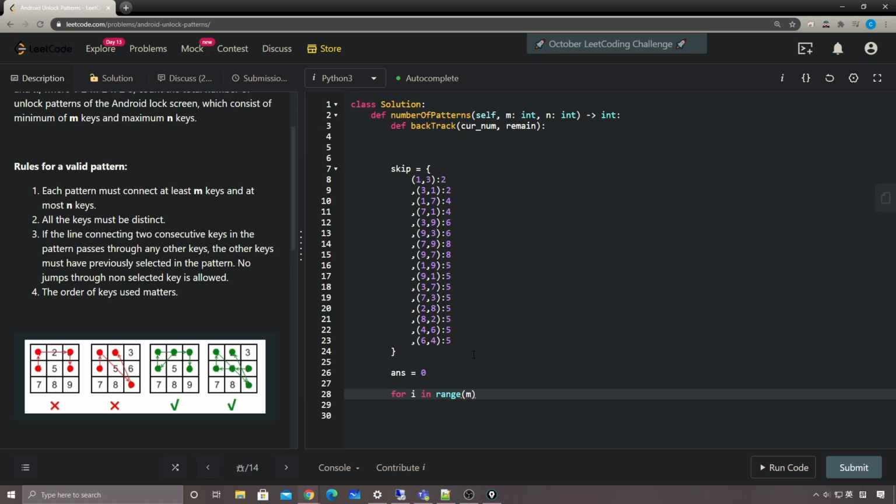basically m to n plus 1, because we're trying all the possible lengths of the patterns, right? And then for each length we try all the numbers, because we start in range of 1 to 10. Okay, so that's our starting point. And then for each of these starting points, I'm going to maintain a seen set. Okay, so for each of the loops here,